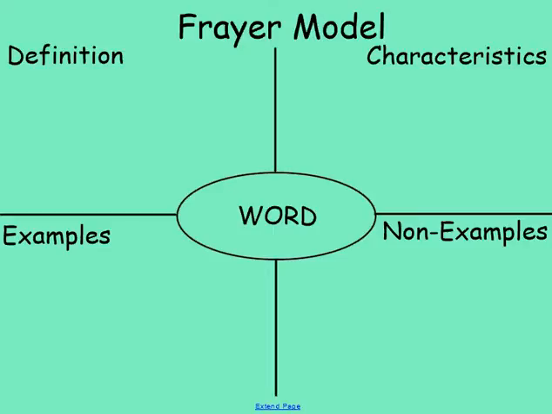The Frayer model is a graphic organizer that lends itself to vocabulary development. It requires the students to position a new word in the context of the world around them. The Frayer model consists of the 4 boxes you see before you. The vocabulary word is written in the center circle. The 4 quadrants are labeled definition, characteristics,